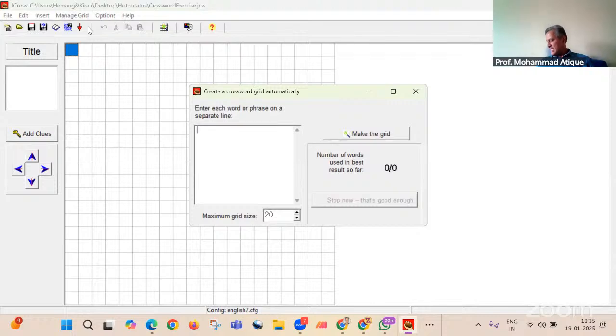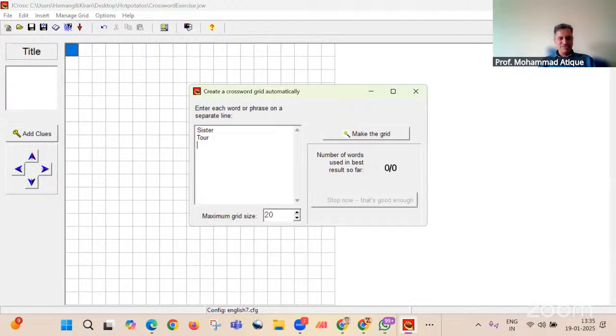Once you click on that, you can go ahead and create a crossword. Simply type the keywords. The only thing you need to remember is one keyword per line. The first keyword I am keying in is sister. Hit the enter key. The next keyword is tour.